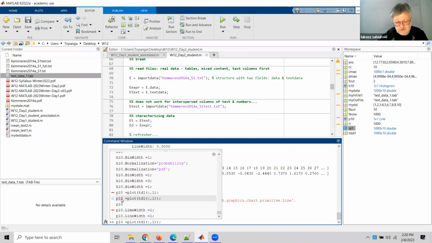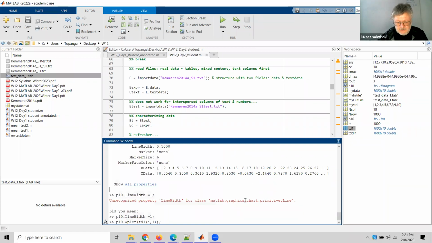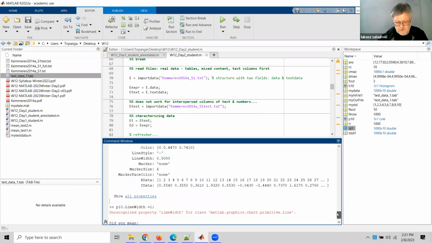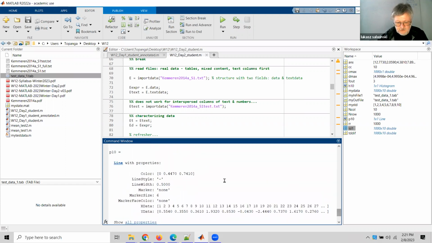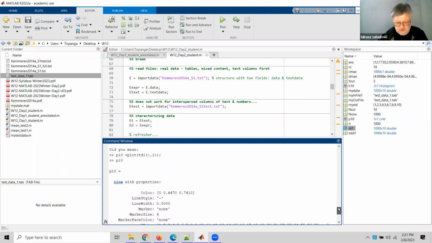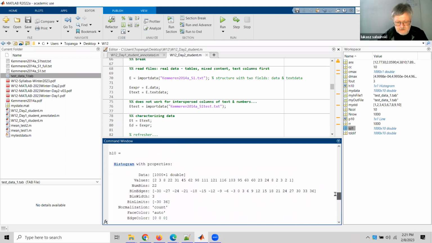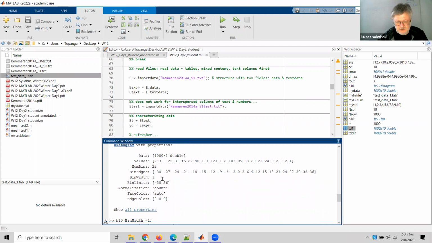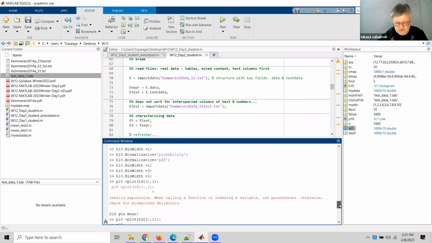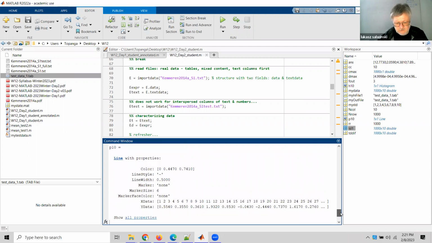Is it a line plot as here, or a histogram? You're gonna have different set of properties, right? Whatever we see here for our line plot, it looks different than whatever we've seen here for a histogram. Here we've got the bin width, here we've got the normalization for the histogram. It's not present here because this is a different type of plot, but the idea is the same, that you